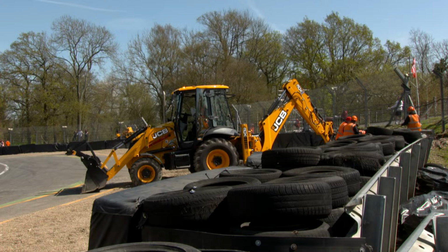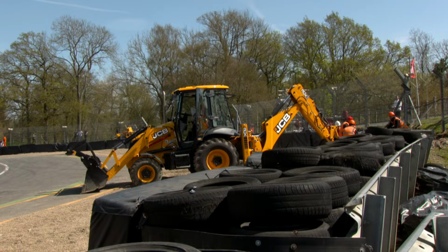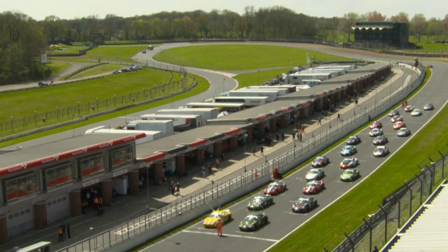on the grid. There is a car that was scheduled to come onto the grid that's now being pushed backwards as though it's had an issue. And that's a car that looks as though it should have been restarting 3 rows from the back, that is now being pushed off the grid by 3 of our marshals. You can just see it up in the top right-hand corner of the screen there. Clearly somebody has failed on that car, and it's not going to be able to take up its position on